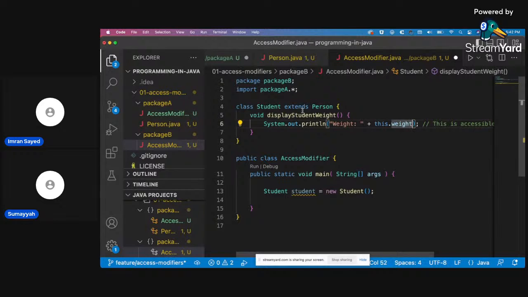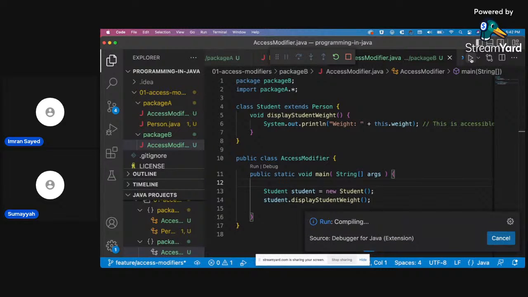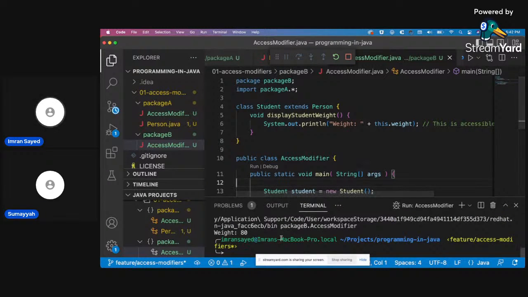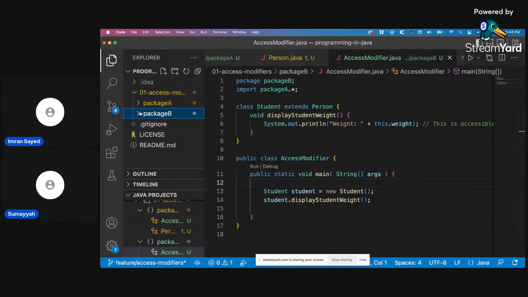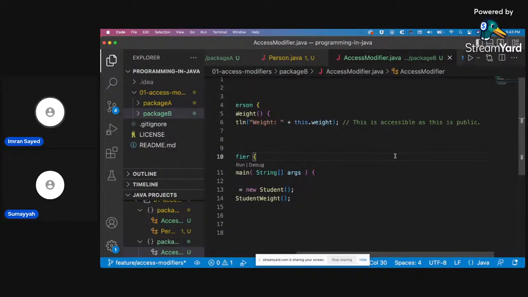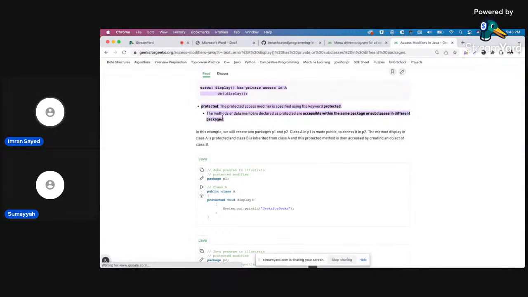Yeah, and then call student dot display student weight. Should work. Okay, cool. That works. Yeah. So that's the whole thing, access modifiers in one. So this is accessible. So let me just put that.